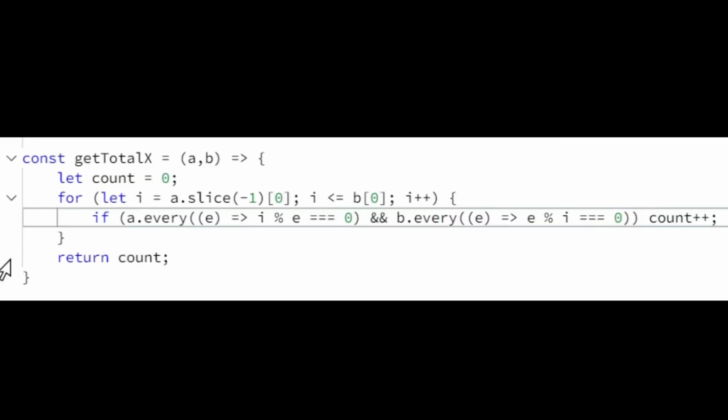The getTotalX function takes two arrays, A and B, as input. It initializes the count variable to 0. It then iterates through the numbers from the largest element of array A to the smallest element of array B. For each number, it checks if